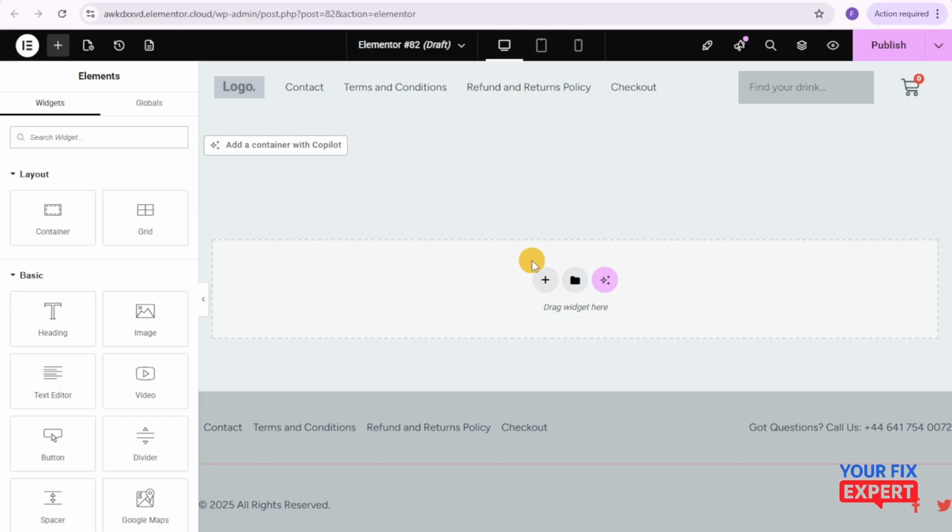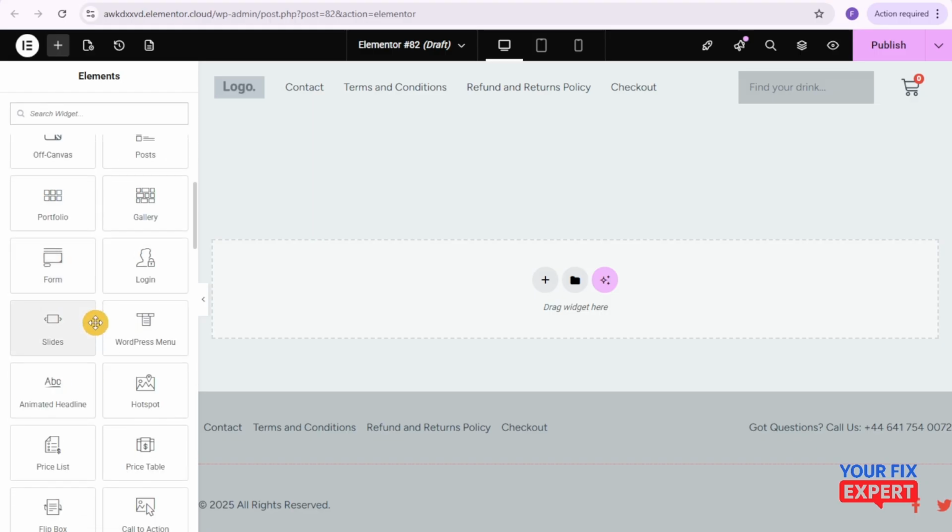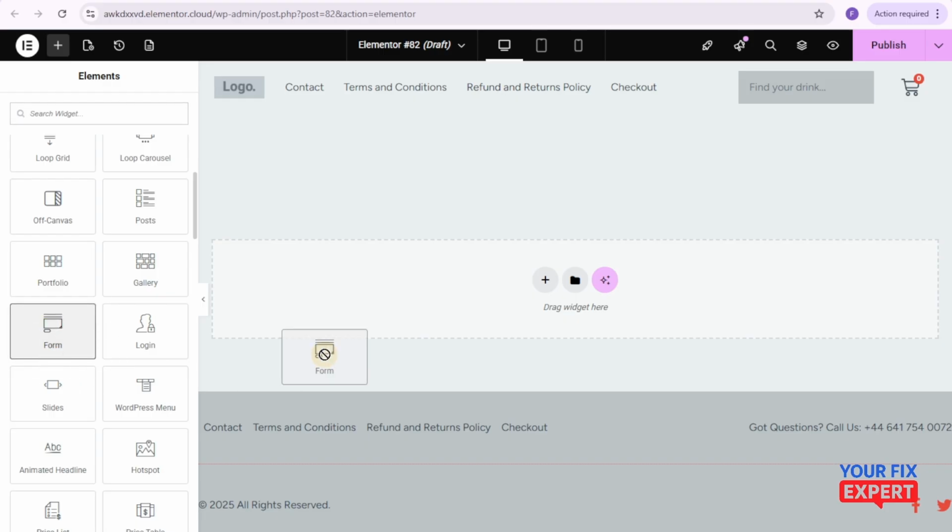This is how you're going to style Elementor Pro form checkboxes. So I'm going to start with going into my Elementor website editor, and then from here we're going to search right here at the left side panel for the forms. I'm going to scroll down until I find the form right here, and then we're going to drag it over